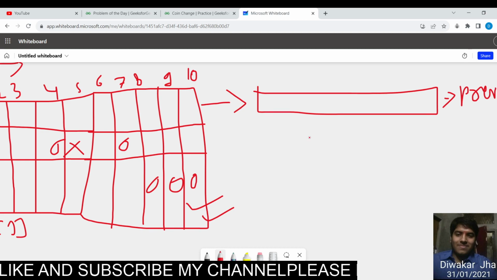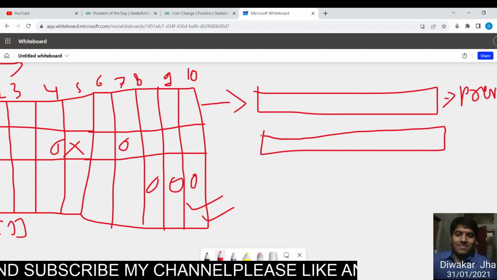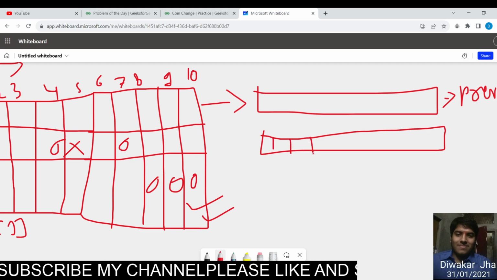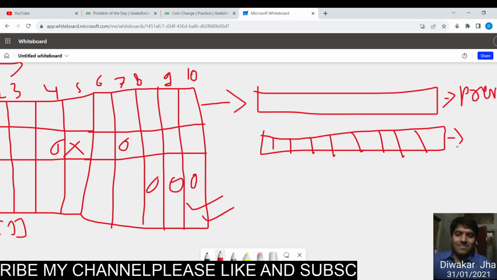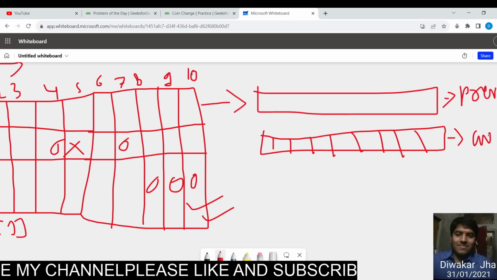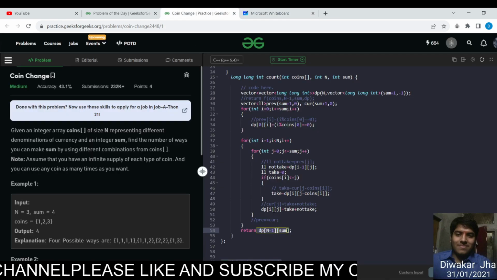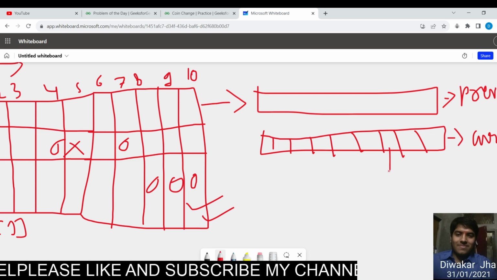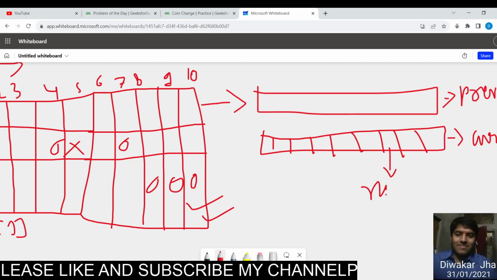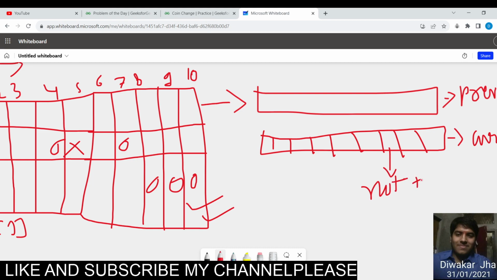And now we will generate another array named current. Okay, each and every time we will store not take plus take,